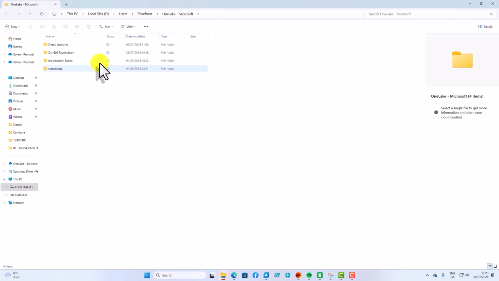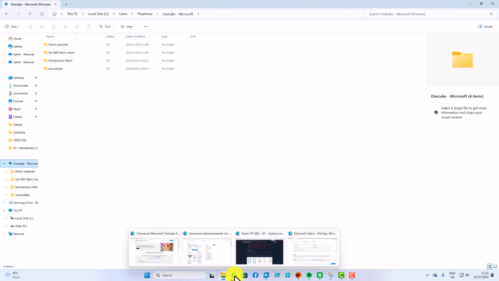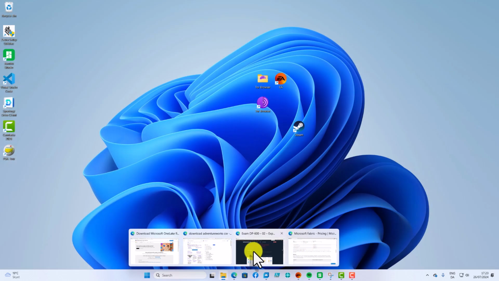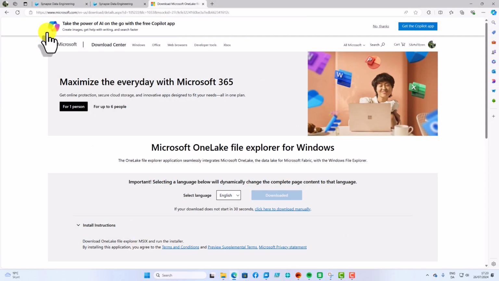What I got from this is that in my File Explorer here, I got a new entry called OneLake. It's a preview, and here I have all my folders, all my workspaces. So if I, for example, now go to, let's see, where are we? Here,